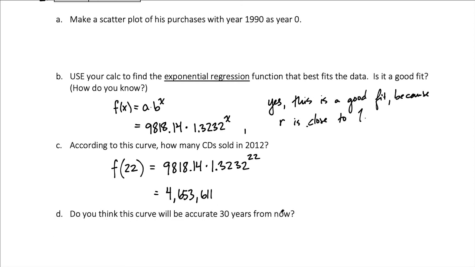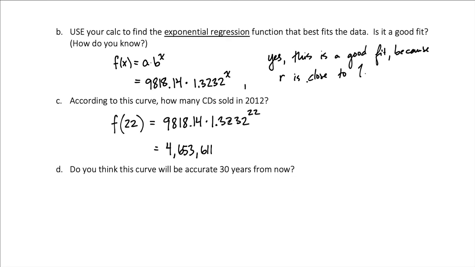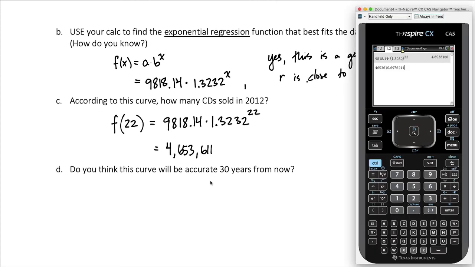Do you think this curve will be accurate 30 years from now? Well, if you think about what we know about exponential functions, they grow pretty dang fast. If we plug in a number 30 years from now, well, 30 years from now is the year 2050, which would be t equal to 60. Notice that if we copy this function, but change that exponent to 60,